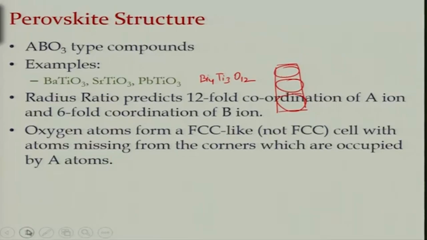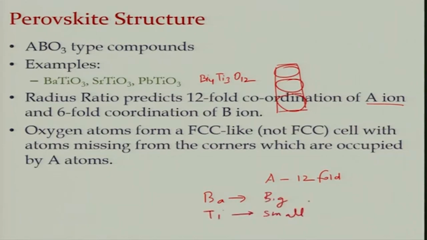The radius ratio is such that the A atom is bigger. As a result, the A atom is 12-fold coordinated, which means it is a cubic coordination, and the B atom is 6-fold or octahedrally coordinated in this case. So B is the smaller one, A is the bigger one. For example, if you look at barium titanate, barium is big and titanium is small. So this has 12-fold and this has